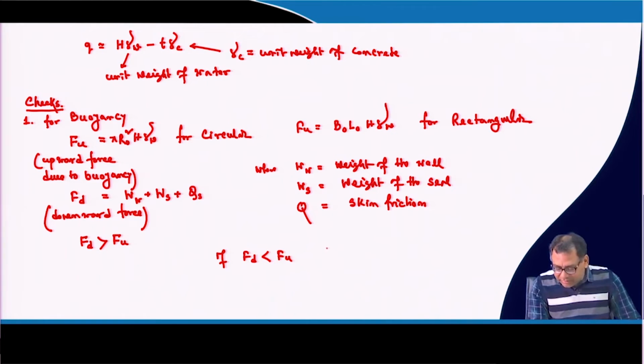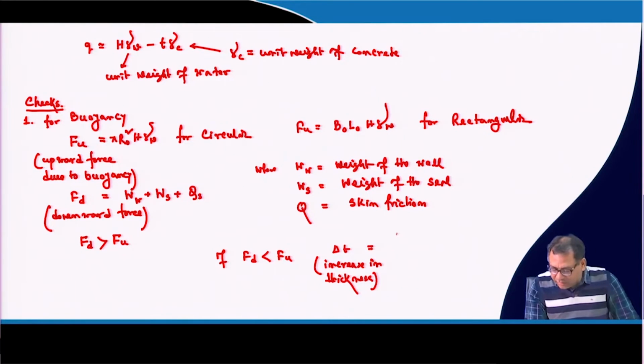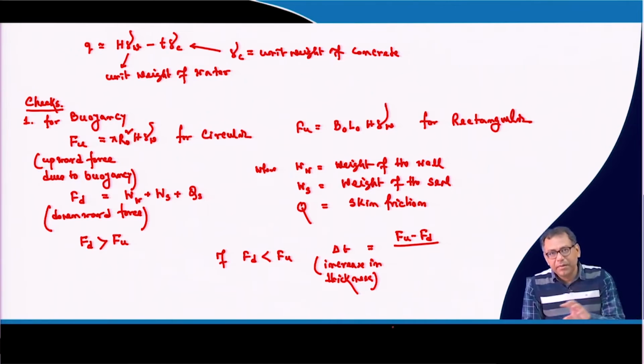So, how will we change the thickness? Then del T is the increase in thickness. If F d is less than F u, that means the upward force is greater than the downward force, then we have to increase the thickness of the seal. That amount of increase is equal to the difference between these two forces divided by the inside area of the seal